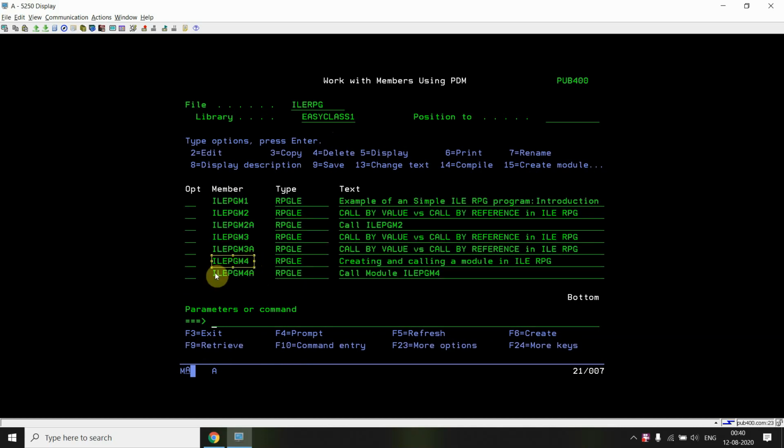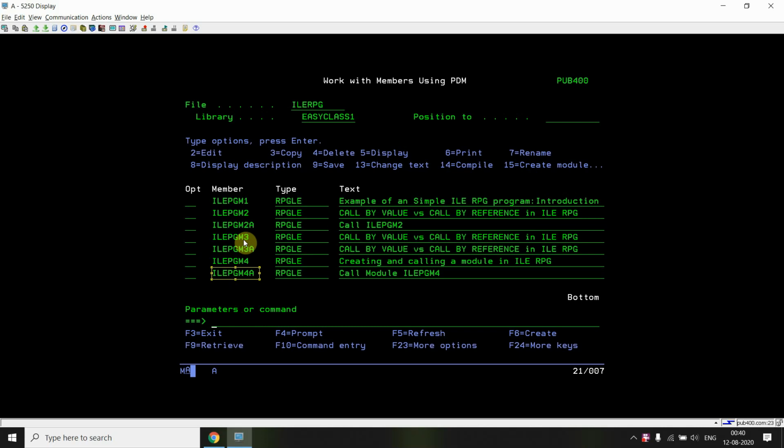Then we are creating the module and program object of ILEPGM4A, and we are binding this ILEPGM4 module to this program, so that we would be able to compile that program and call that module. That is a static call, or you can say a bound procedure call, basically.